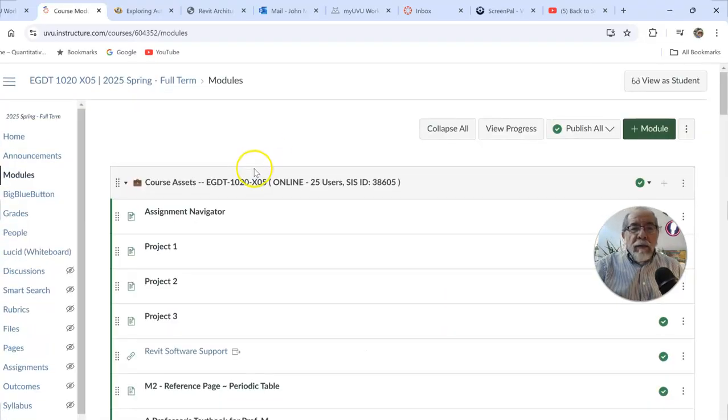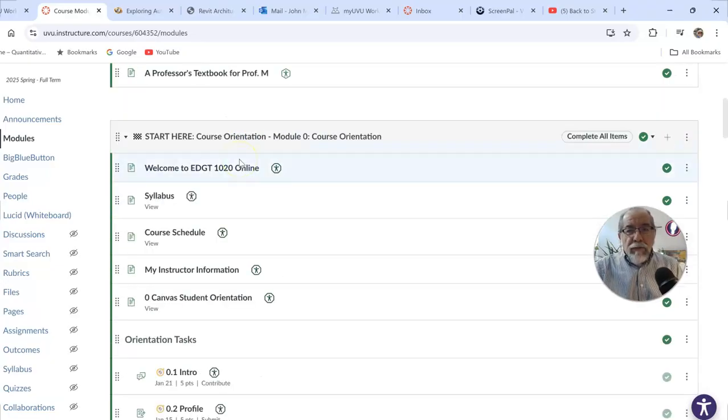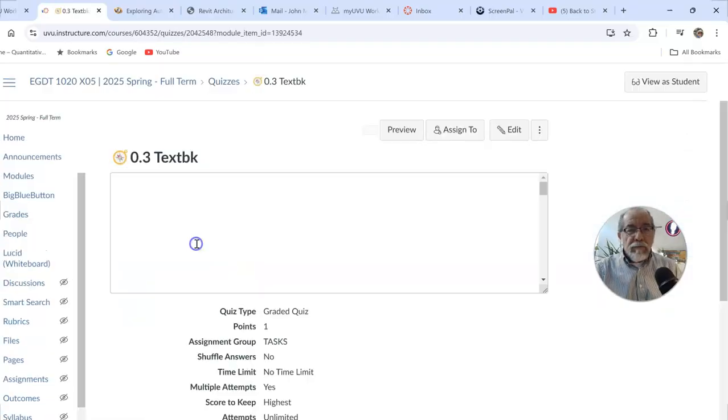Most people should be through the orientation page. It has a couple of things you need to do, and you need to be sure that you have procured the textbook, our textbook for the course